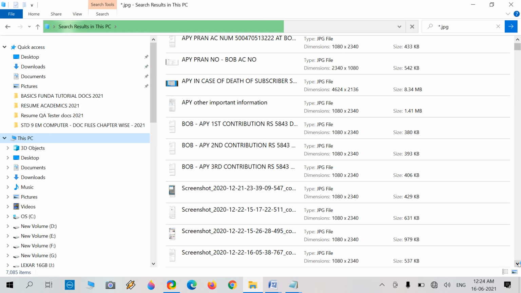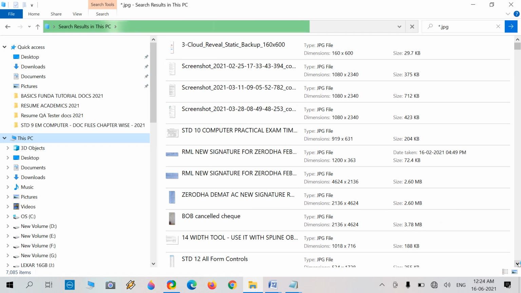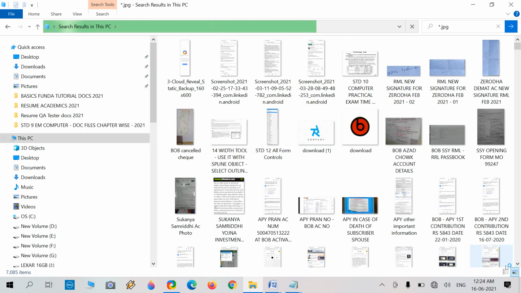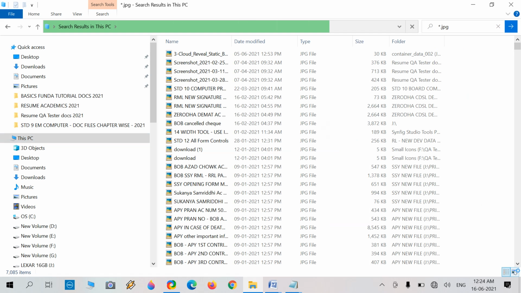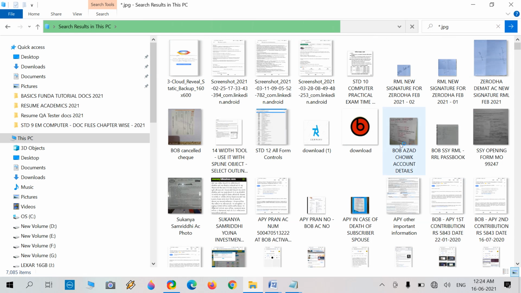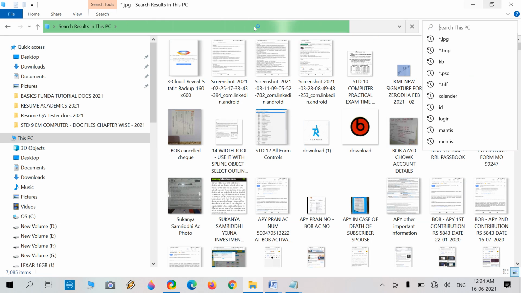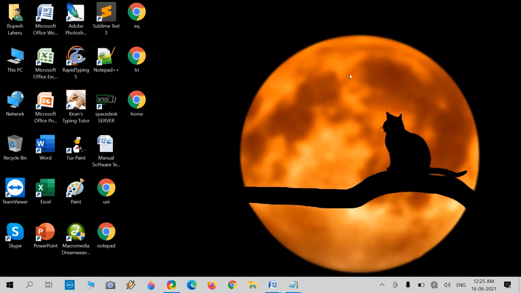The full name of jpg is Joint Photographic Expert Group. There are so many picture files, and there is a view option. This is list view, and there is a thumbnail view. Here it is. So move on to our next result. Close this if you don't have it.